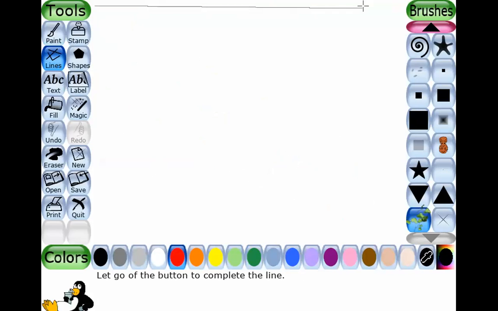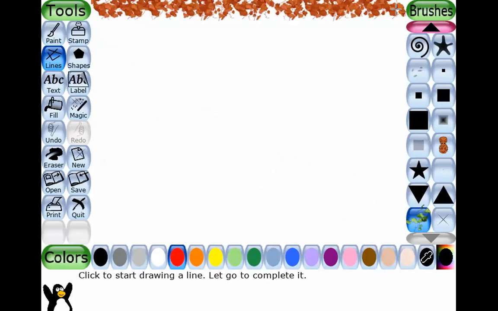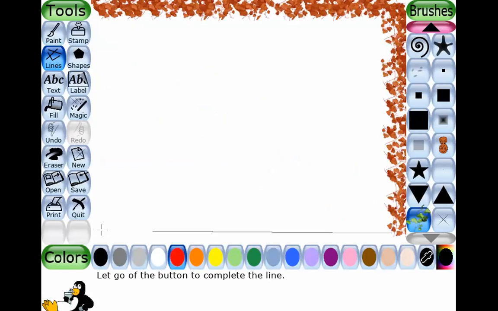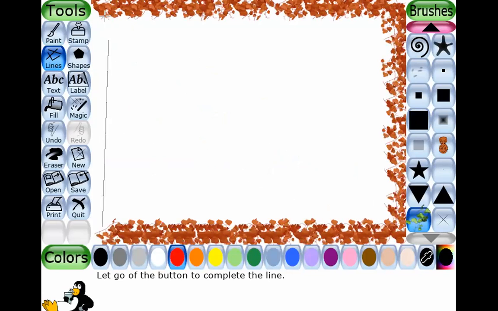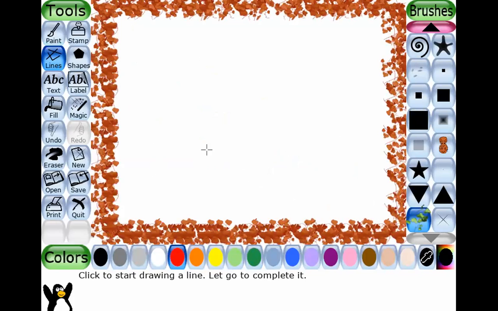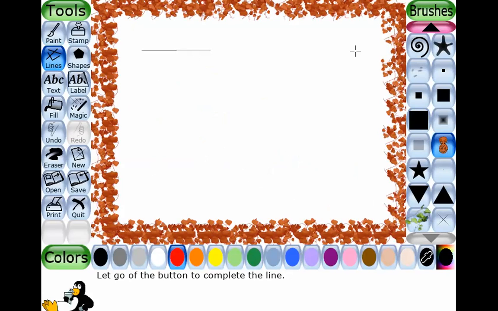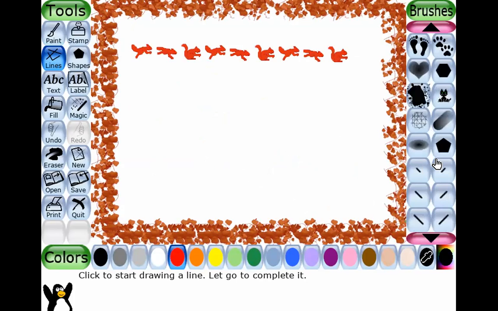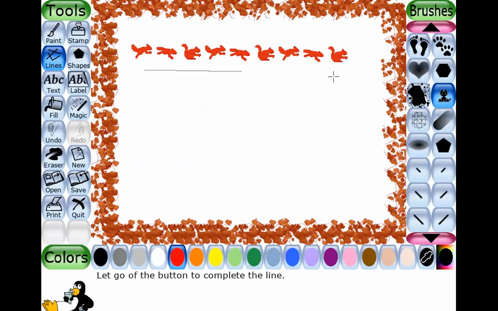By doing it like this, you can use different types of lines. You can just choose it from here, then drag and drop with the mouse button.